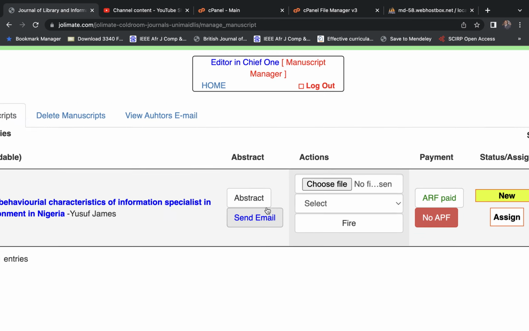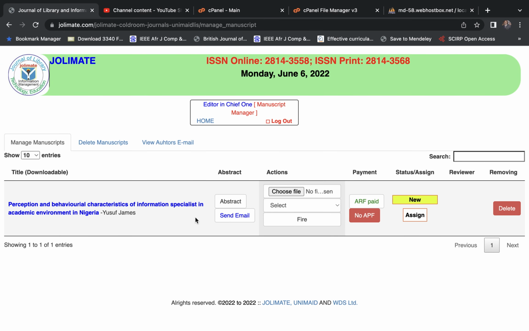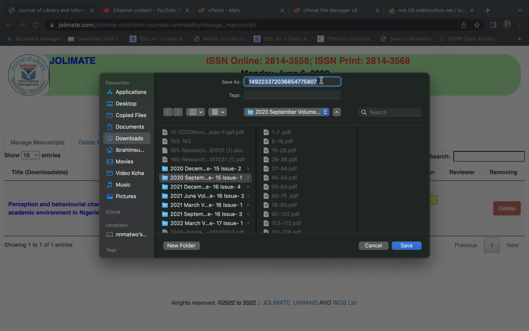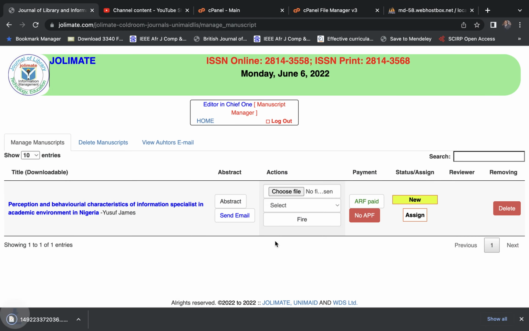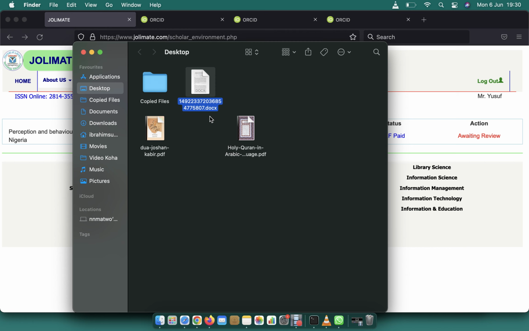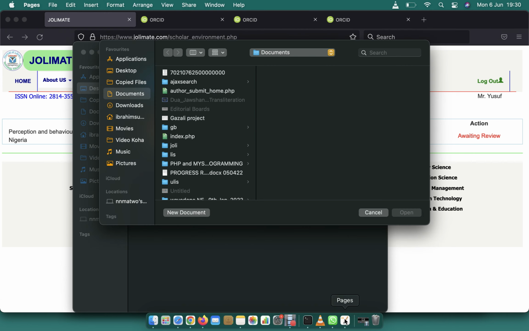Now there are few things that the chief editor has to do. First of all, he needs to click on this to download. See, it's downloading by the ID. Let me download to the desktop, and then in order to view the file, I just uploaded any file. This is it. He needs to view the file and read the content in order to know